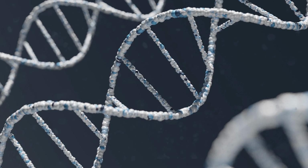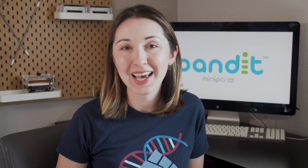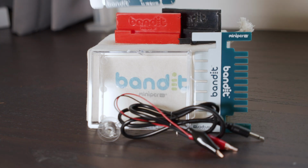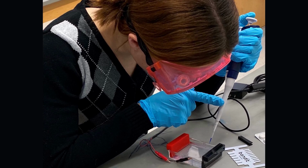Gel electrophoresis is one of the most common ways of studying DNA. It's used in laboratories to identify criminals, figure out whether people are related, diagnose diseases, and more. The Bandit STEM Electrophoresis Kit from miniPCR Bio lets you bring this essential biotech method to your class with an